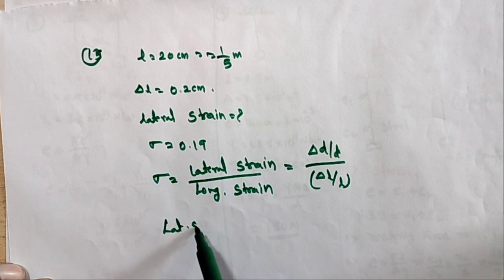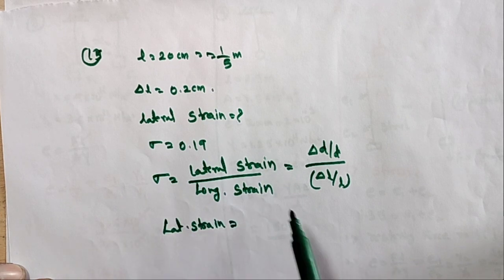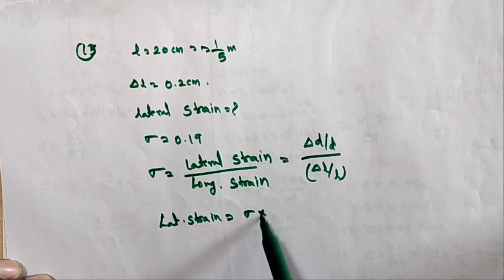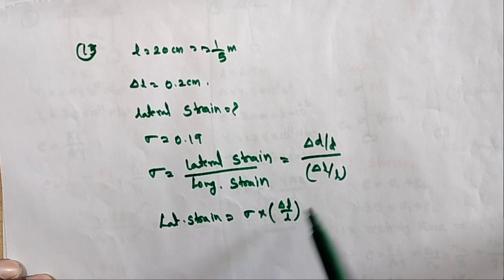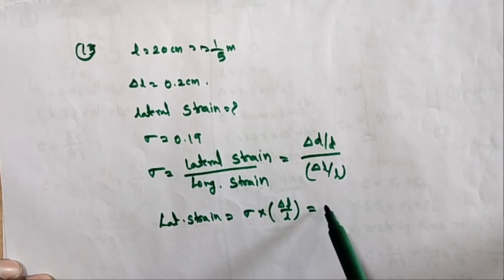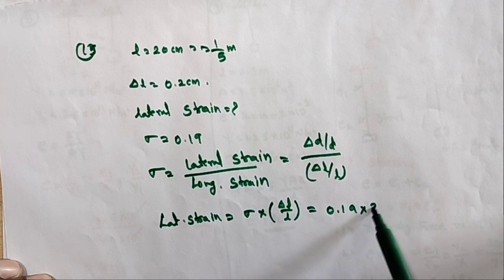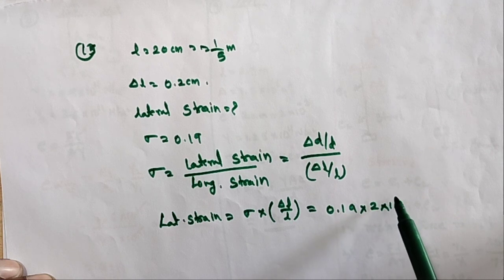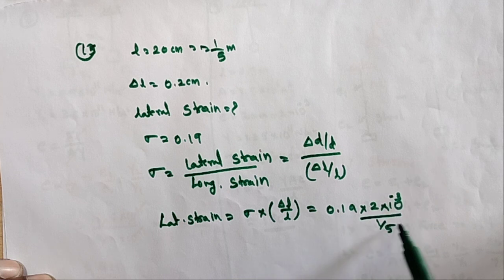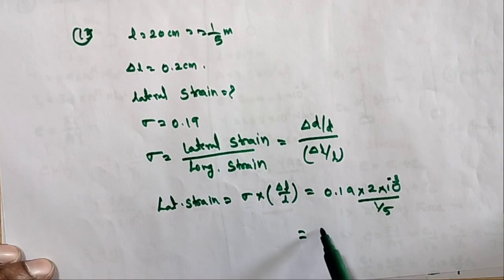The lateral strain is equal to sigma into delta L by L. So sigma is 0.19 into 2 into 10 power minus 3 by 1 by 5, can get finally